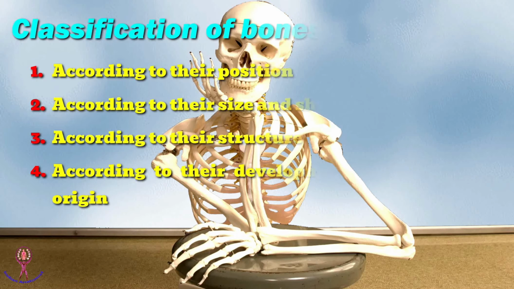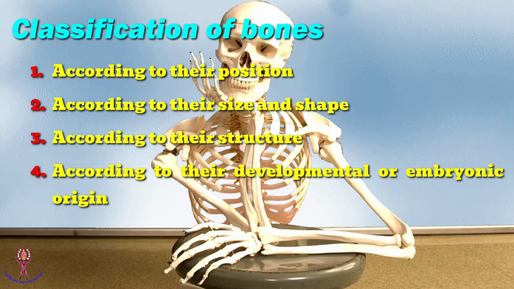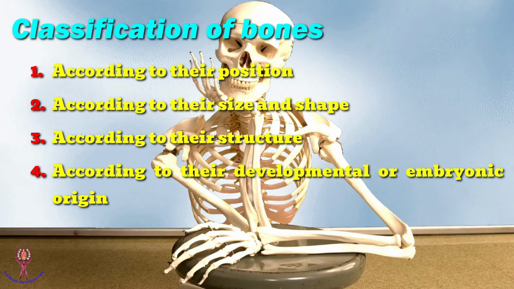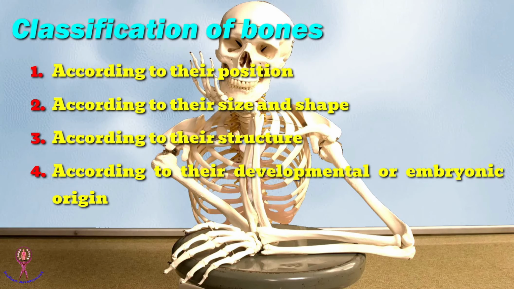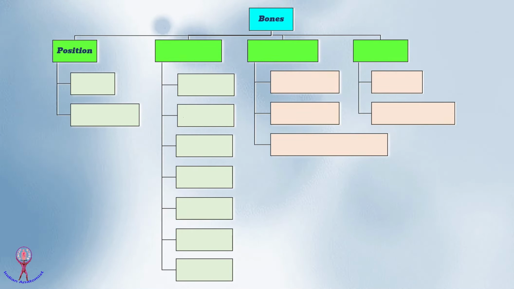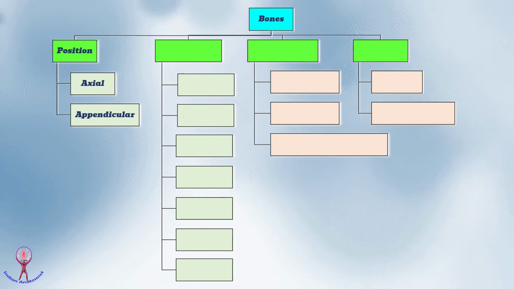In general, the bones are classified: 1. According to their position or region. 2. According to size and shape. 3. According to their structure, and 4. According to development. Number 1, the bones according to their position are categorized into two main groups, namely, the axial